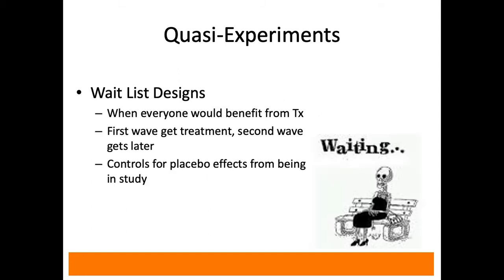But there are also waitlist designs that deserve being mentioned, like in organizational settings like I study. Training may benefit everyone. So the question there is not if you get training, but maybe when. And so maybe they tell some employees that they're in the first wave, they train them, look at their outcomes, and then the other employees get the second wave. If the training doesn't result in better performance, maybe the second wave never happens. But maybe they at least expect it to, right, to control for those placebo effects of being singled out or specially selected for training, or potentially just the idea that whatever they're saying actually benefits you in some way. That can raise your self-efficacy, right? And that's what we call those placebo effects.